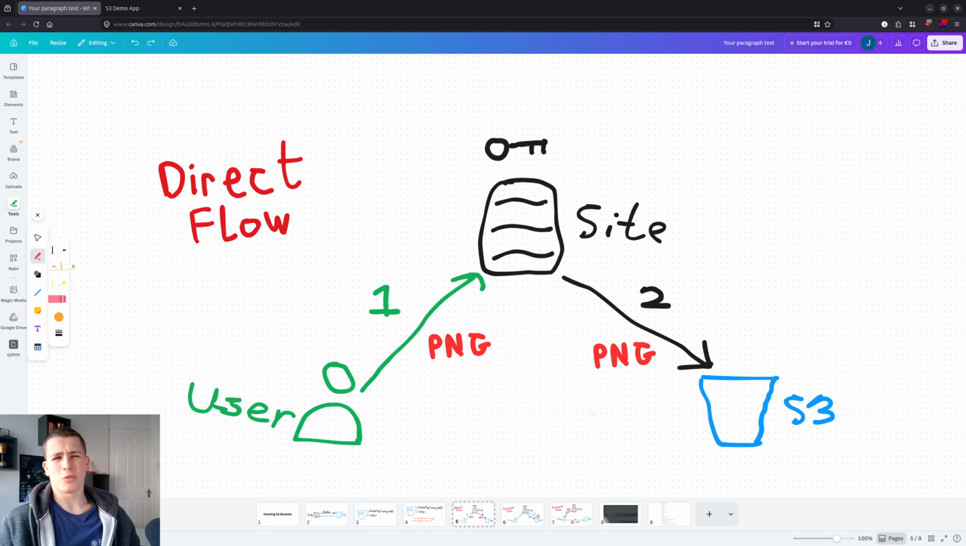So we kind of don't want to do that. We don't want the server downloading these files, because it defeats the point of the S3 bucket to begin with. So we need a way for the user to upload their files to the S3 bucket without going through the server,